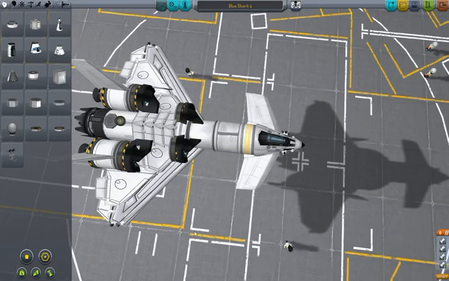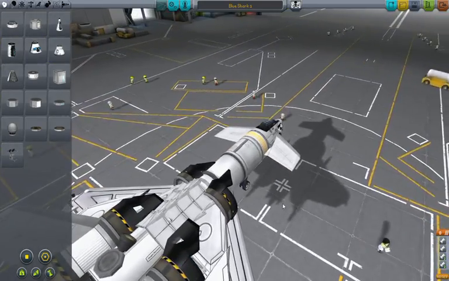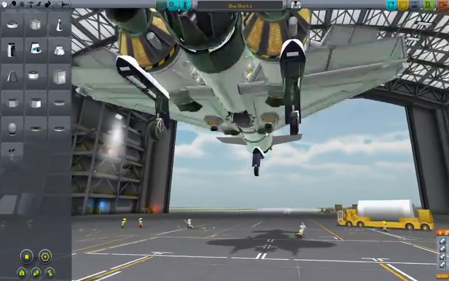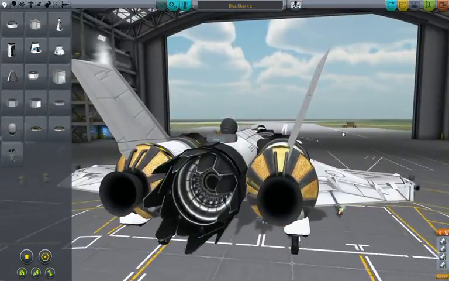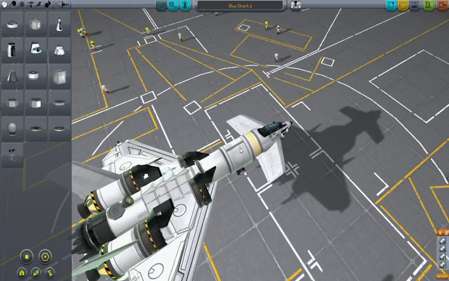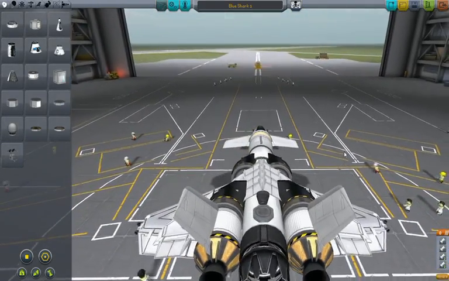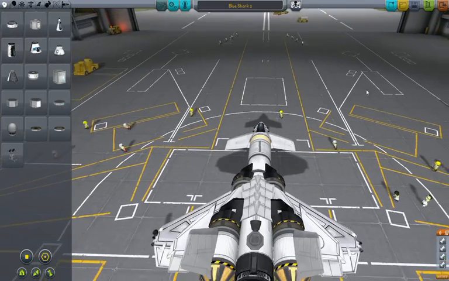This is, as you may have seen because of some of the design elements from some of my prior ships, a VTOL SSTO that is docking capable. The reason why I decided to design a ship like this is, well, I have